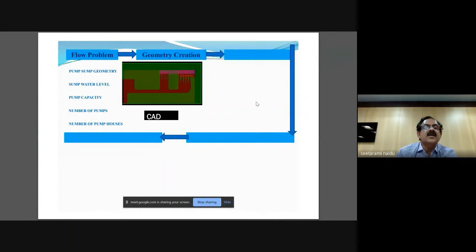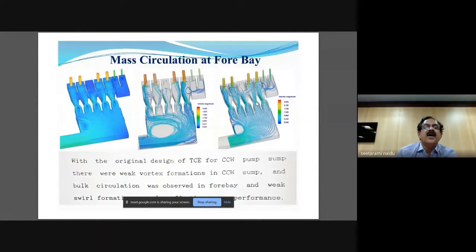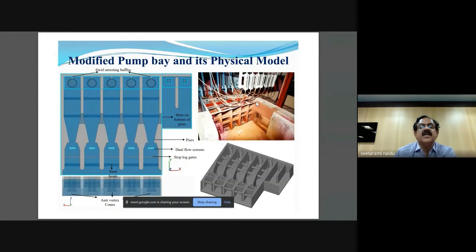This is what CFD has done, and to verify, you can see where the problems are. So in circulation, it is likely to have a separation. You can see in the CFD analysis also, as also observed in the experimental studies. Okay, this is only to have an insight into this aspect. Those who are academically interested can explore more on this CFD. There is a separate CFD team doing this kind of studies in CWPRS.